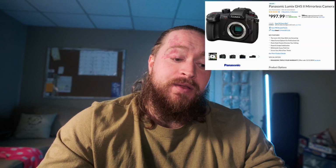Getting away from the weirder cameras, we're going to go to a Lumix, and this is going to be the GH5 Mark II. And the reason this is on the list is it is a feature-packed video-first camera. It's a good hybrid, but this is going to be, for you guys that are looking to get more into video, where you're going to want to look, is the Panasonic and the Lumix line. Not that Sony doesn't have offerings, not that Canon doesn't have offerings, but I think Lumix just has something special here. And they have fans, they have what seems to be better temperature regulation than some of the bigger brands,